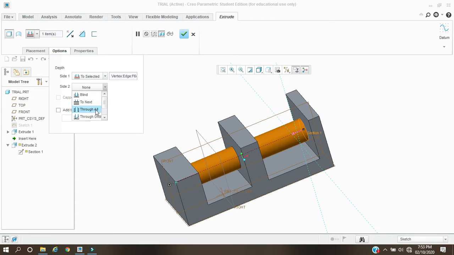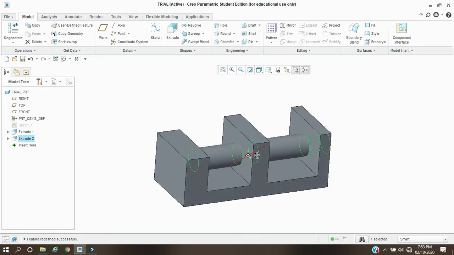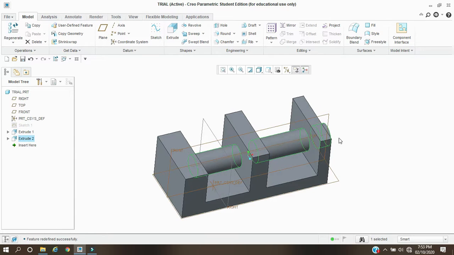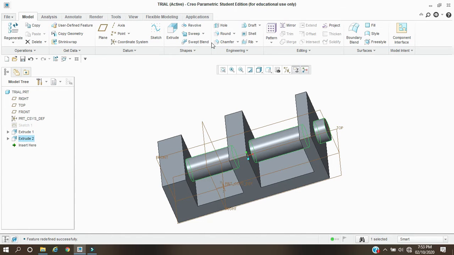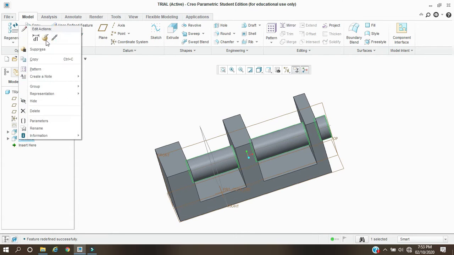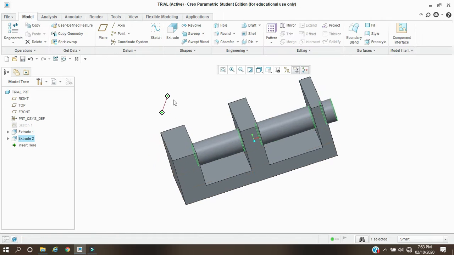For that we need to click required. If I want blind, it means only dimensional, and 15 from this direction. Okay, it means material gets added from the sketching plane on this side and the opposite side also. Both side material addition is possible. And there is an option we had seen, the up to next. Okay, this is also useful for a circular feature.